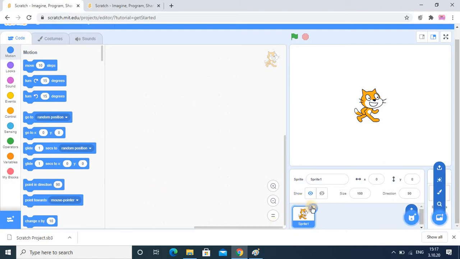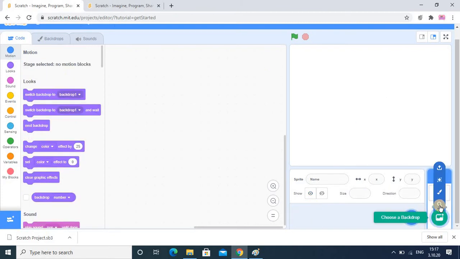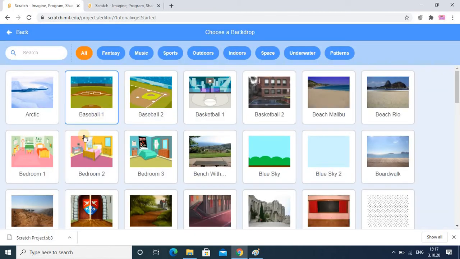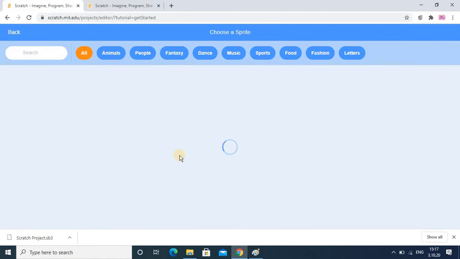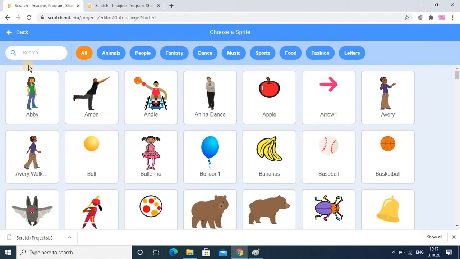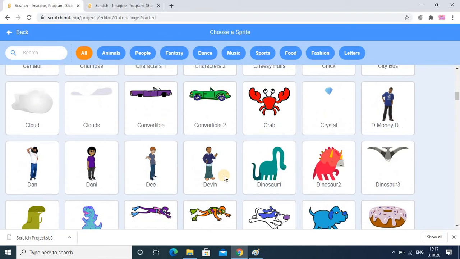First I am deleting this sprite and I would like to add the background. The background name is bedroom 1 that I am adding. So this is the background, and for adding a sprite, as you know, this option you have to select, and here I am searching for the sprite.